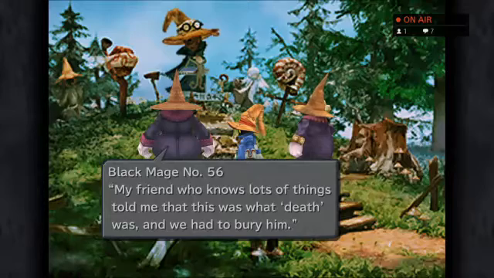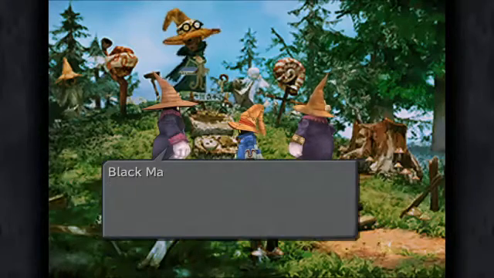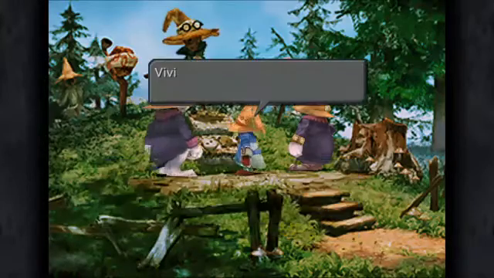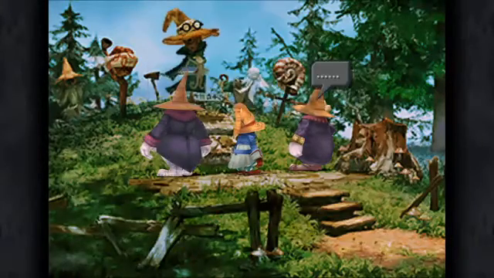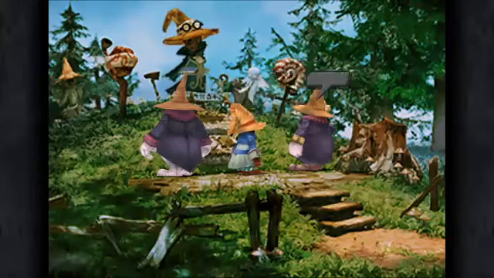My friend who knows lots of things told me that this was what death was, and we had to bury him. Mr. 36 is buried under the ground now, but I don't understand why. He's going to come out again one day, right? When he does, I'm going to wash him off in the pond. What's he talking about? Was it a disease or was he hurt? Tell me, why? That's because...